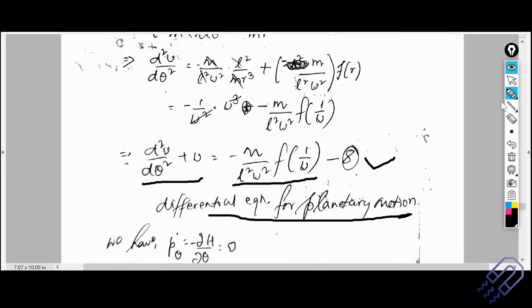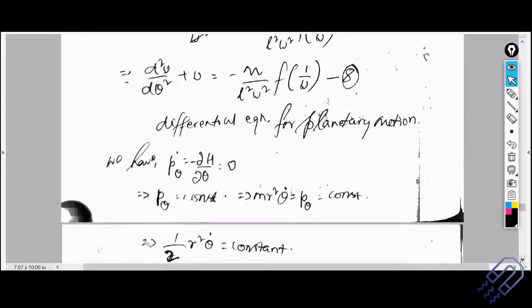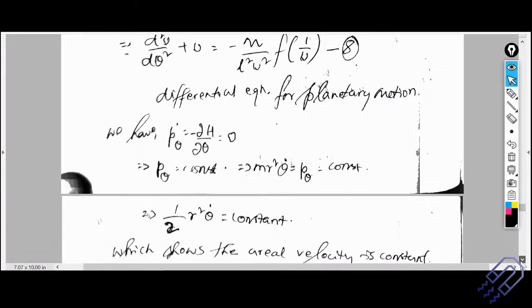And of course, I would expect all of you to derive what r is equal to 1 by u, and then how you get r double dot as this particular relation. But sometimes if you find it too hard to derive, you can just remember and put it. Probably I'll cut half a mark, but the purpose is served. It's still better. So please give importance to writing down the correct answer. That's very important. So that's the differential equation of planetary motion.